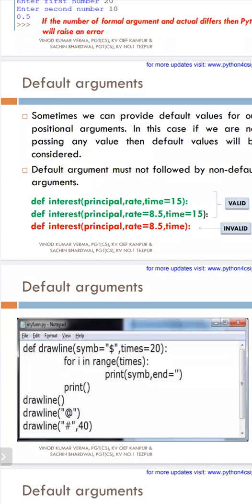Can you understand the difference between the word argument and parameter? Where can we say parameter, where can we say argument? Parameter is while defining a function we need to give, sir. Very good.